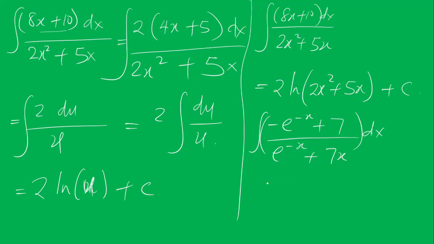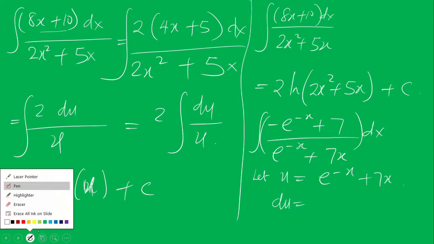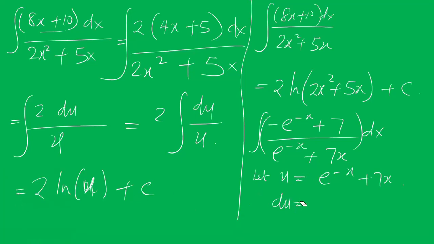So now let u be equal to e to power minus x plus 7x. Before I differentiate this,